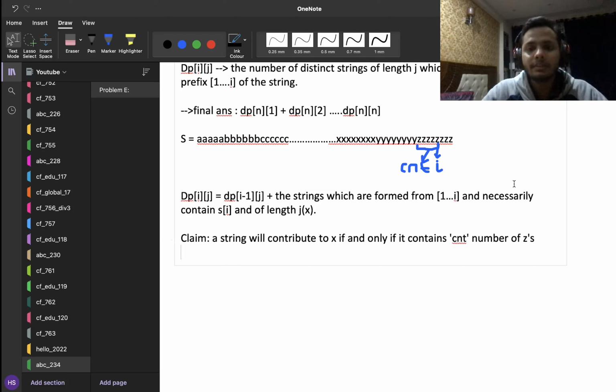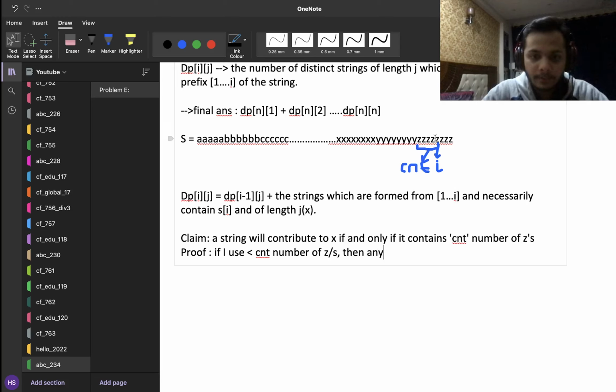And the proof again is really simple. If I don't use count number of z's, I am left with count minus 1 number of z's. And if I'm using count minus 1 number of z's, then I'm basically making a string from the prefix of length I minus 1 only, right? Because in the prefix of length I minus 1, I have count minus 1 amount of z's available to me. And so if I'm using a number of z's which are between 1 to count minus 1, then I'm basically not using the prefix I at all. I'm just using the prefix I minus 1, and that particular string will be included in dp of I minus 1, j itself. So the proof is that if I use less than count number of z's,